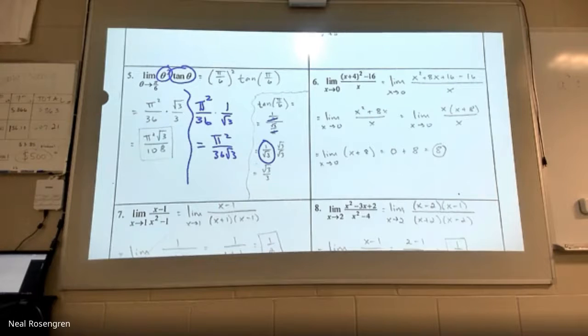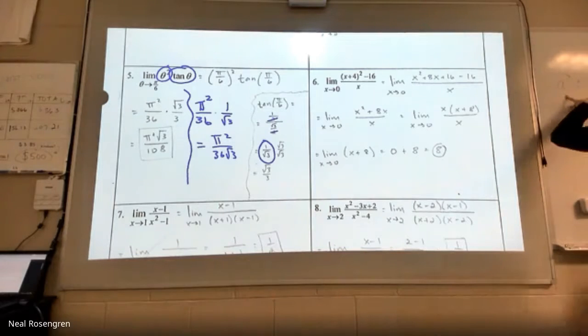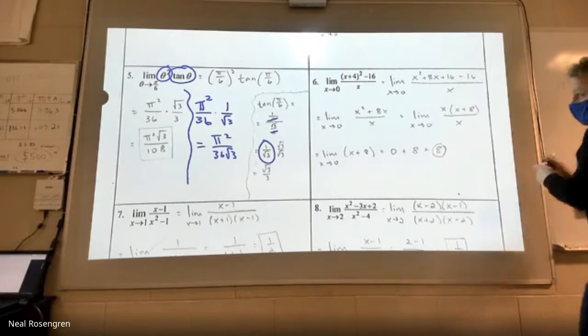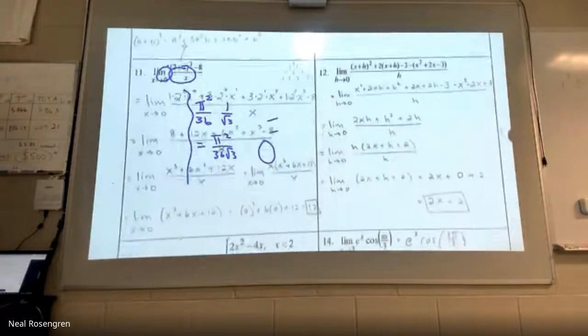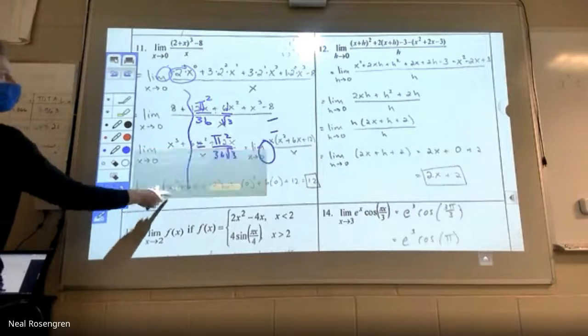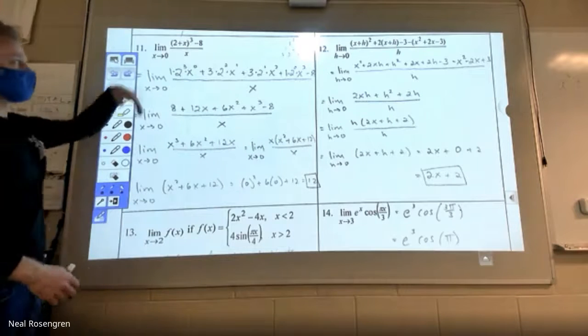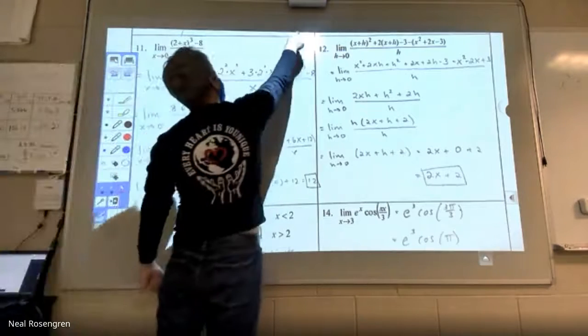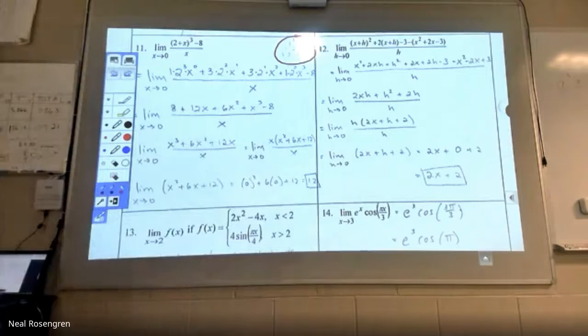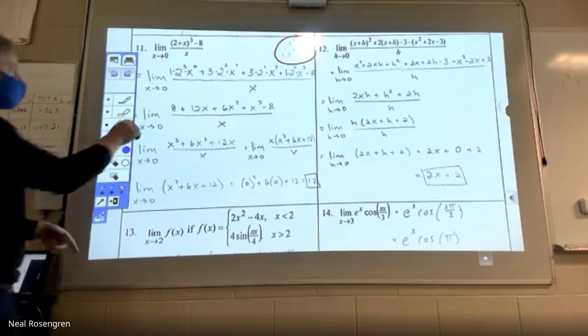So, choices on number 11. You can factor it and see what happens. I really like the expansion instead. I took 2 plus x cubed and I multiplied it all out. Like I did 2 plus x times 2 plus x times 2 plus x. I just made my life a whole lot easier. I know it doesn't maybe look as easy, but it is a lot faster. I was super slow with it. I used Pascal's triangle to expand.